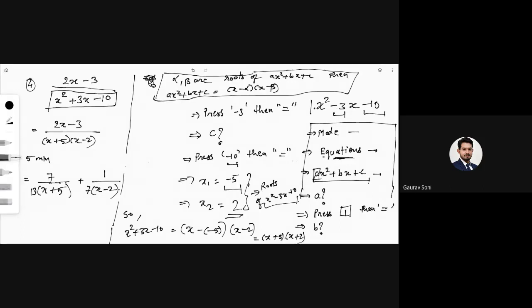Isn't it the same thing that we got manually? Yes, sir. Okay, so I have told you two ways. One is manually, directly you split the middle term, or you use the calci, find out the roots. Once you have the roots, then x minus alpha and x minus beta is the factorization. Correct? If you want, you can write this. I'll wait for 2 minutes.